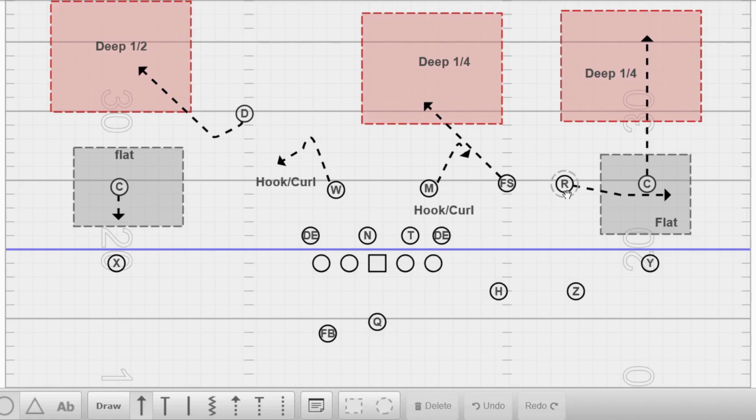Rover's going to go over top of number 2, corner over top of 1, free safety over 3, and backside corner over top of the single receiver. As far as their coverage goes, we're going to play a split coverage here. So we're still going to run our cover 3 concept to the strong side with cover 2 to the weak. Your linebackers still